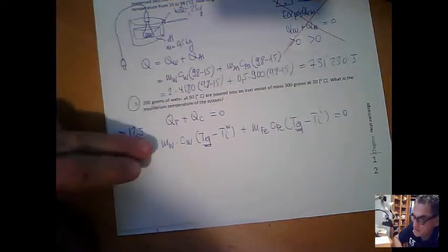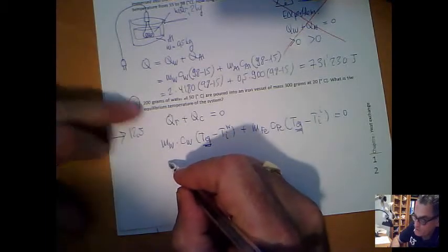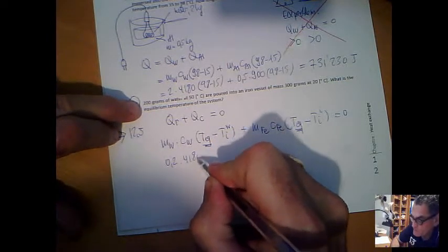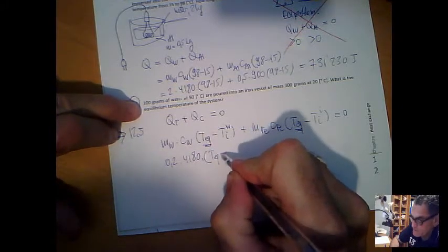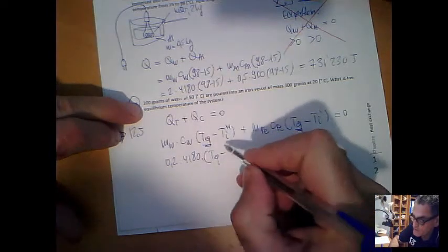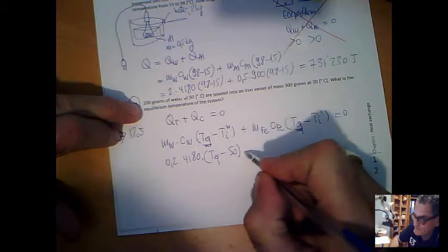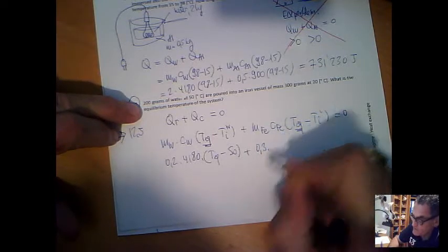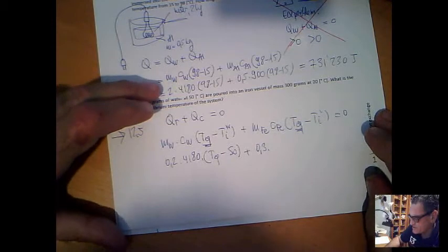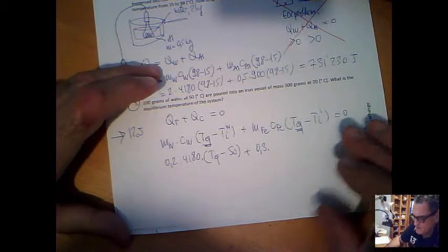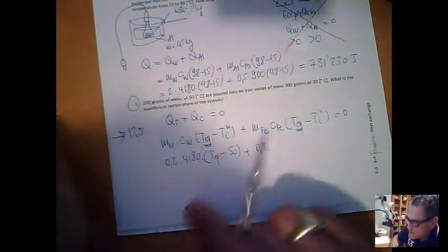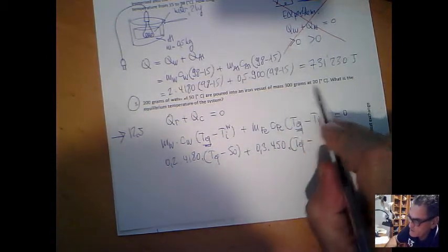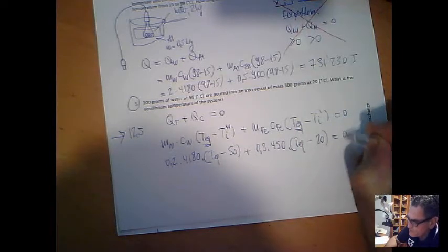So let's now write in the numbers. The mass of the water is 0.2 kilograms. You always put it in kilograms. The C of the water is 4,180. And then we have T equilibrium minus the initial temperature of water, which is 50 degrees. Then we have the iron vessel. The mass is 300 grams, so 0.3. The C of the iron, how much is it? 450? You have it? Sorry? 450. Okay. Times T equilibrium minus the initial temperature of the vessel, which was 20 degrees, and this is equal to